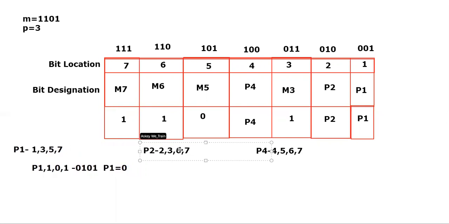So let us take this value here. Now you will have more clarity with respect to P2. Let us see what is the value that we have with respect to P2. The 2 is your P2 itself. Then what is the value that exists at the third location? It is 1. At the sixth location, it is again 1. And at the seventh location, it is 1. So here you have an odd number of ones, and you have to make it an even number of ones so that this becomes an even parity.